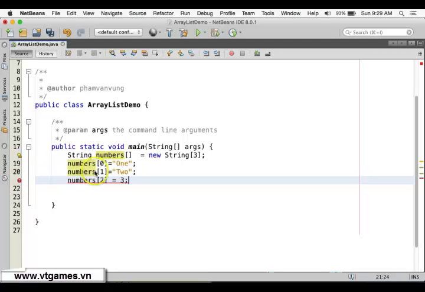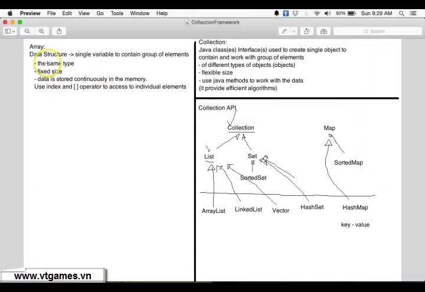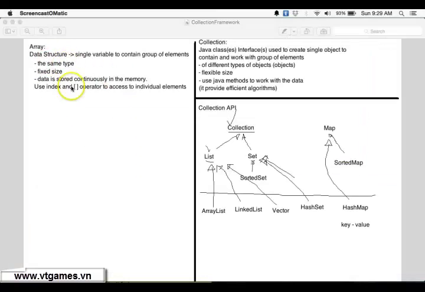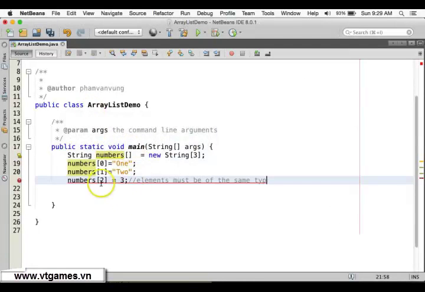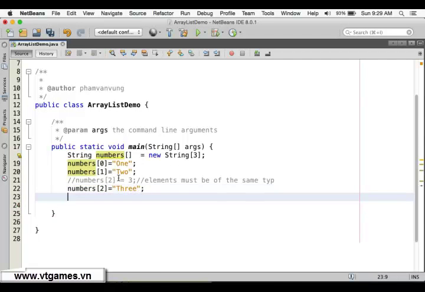to you over here. See, the reason is the elements must be of the same type, like I showed you last time here. You cannot put different types there. Then this one is going to be an error. Putting numbers 2 equal to 3 is fine, but then if you put numbers